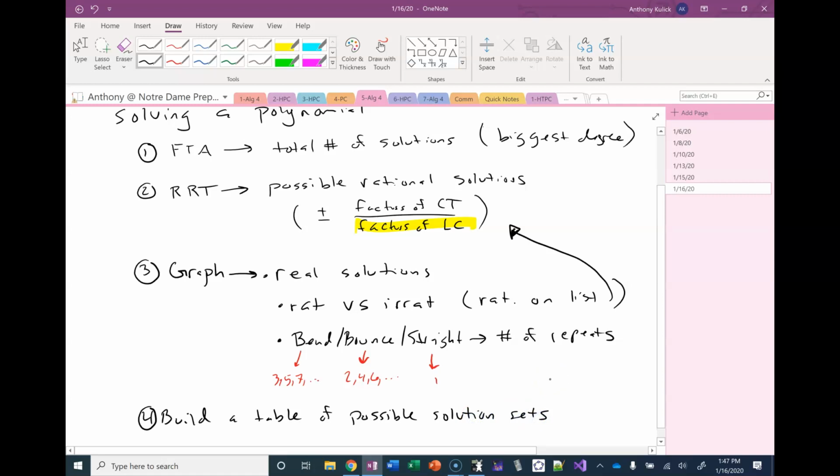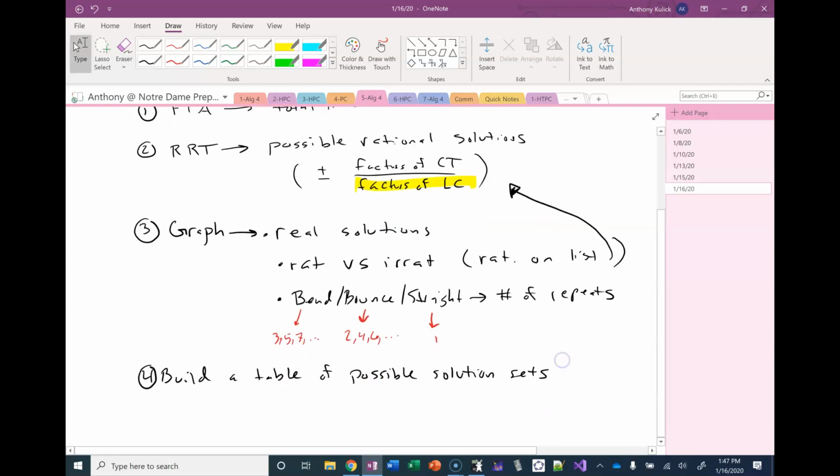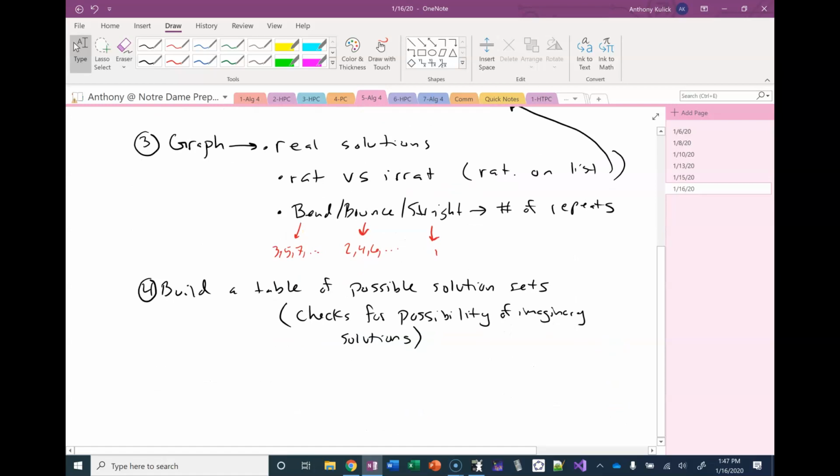So the next thing I'm going to do is build a table of possible solution sets. And what that table is going to allow me to do is check for the possibility of having imaginary solutions. Everybody okay with that idea? Let's do a quick example of this because this feels like a place that most of us don't feel great about. Okay? So I'm just going to make up some stuff